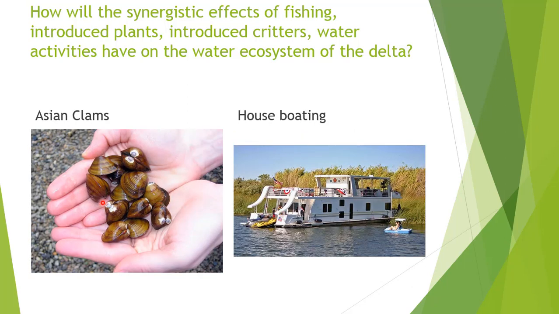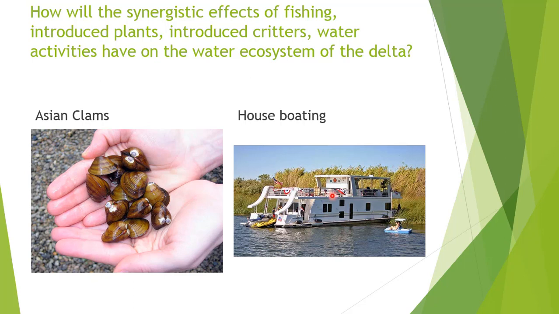Okay, we have the Asian clams. Asian clams are what we call filter feeders. They take in food by filtering it through the water, and it turns out that native fish tend to eat phytoplankton, which grows in the delta, and the phytoplankton feeds zooplankton, and zooplankton then feed the native fish, like the delta smelt. Well, when we have a lot of these, they filter feed and reduce the amount of phytoplankton and zooplankton in an area, and so the amount of food for the delta smelt will go down. So Asian clams are an invasive species living in this area.